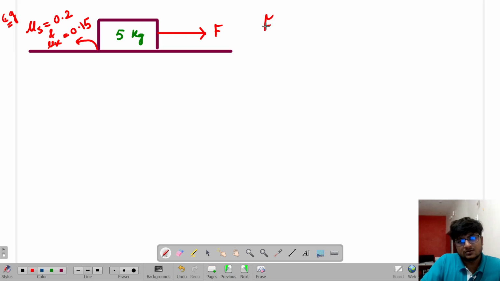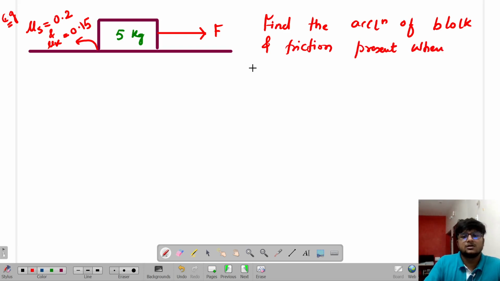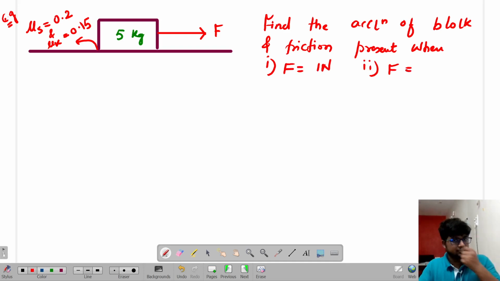The question is: find the acceleration of the block and the friction present when first F is equal to 1 Newton, second F is equal to 2 Newton, and third,